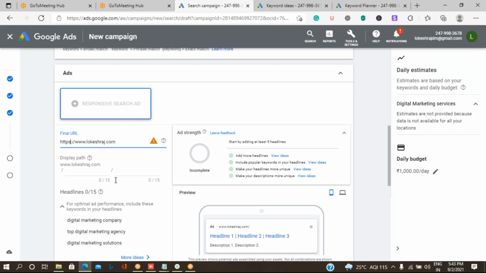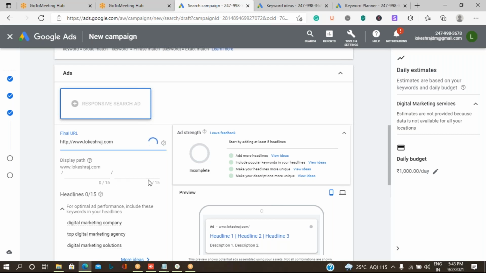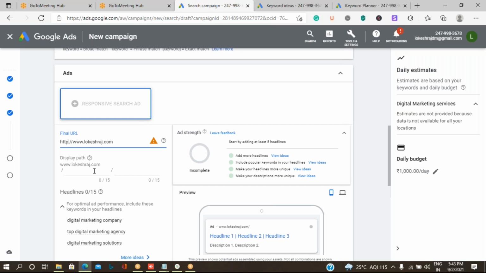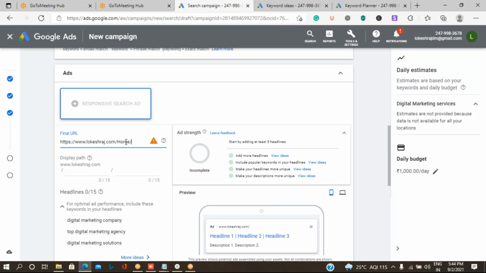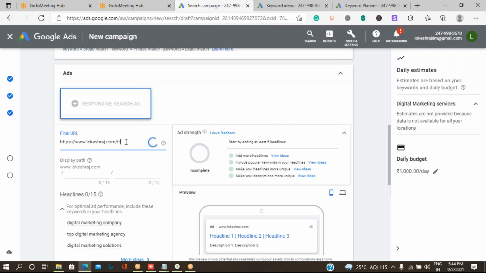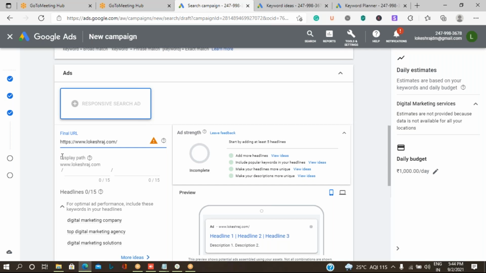It's mandatory. If you give anything else, it will not be considered, because it will verify whether the website is working or not. Whatever details I'm giving, it's not considering, so leave it out with the URL part.